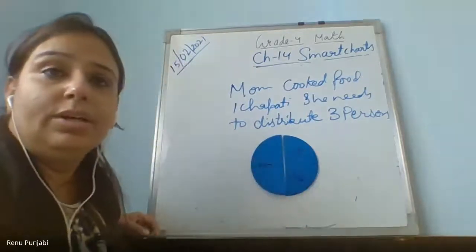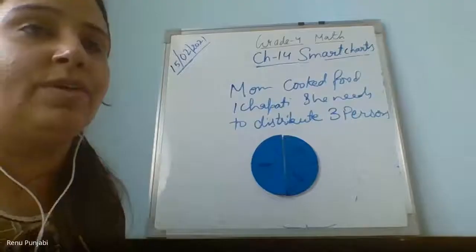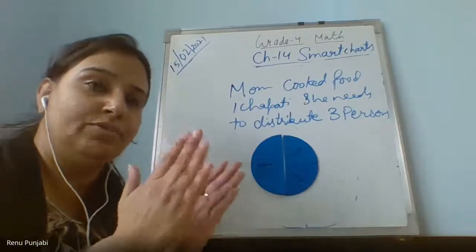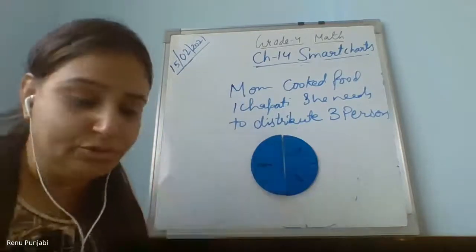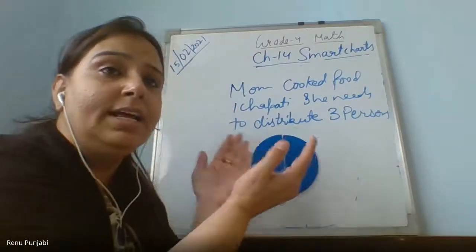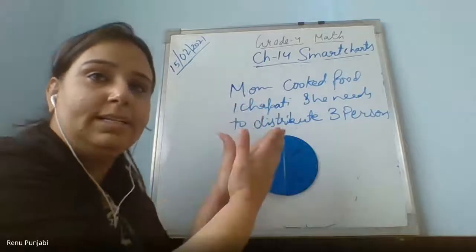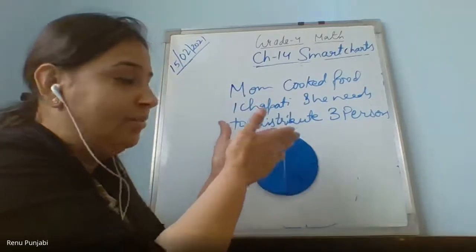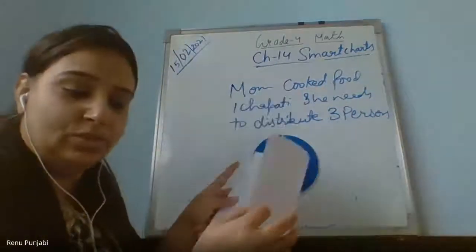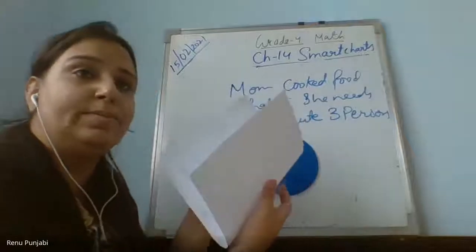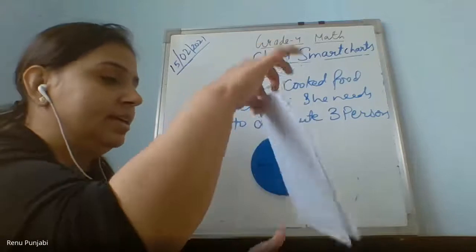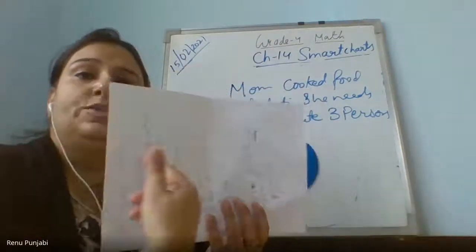You do this thing at home. Take one chapati. Try to explore it. How will you halve it, how will you find the center of the chapati? Take one chapati and fold it in this way, fold it through the center. For example, assume I don't have that thing right now, I will explain to you. The way you find the center of paper, right? This way. This is the whole. This paper is the whole. Yes or no? Yes, ma'am.